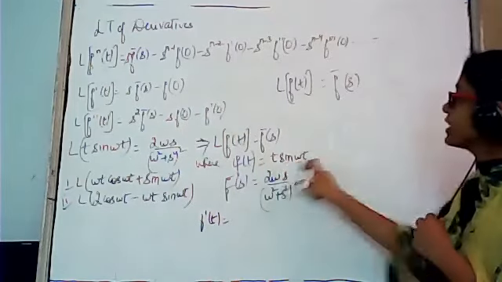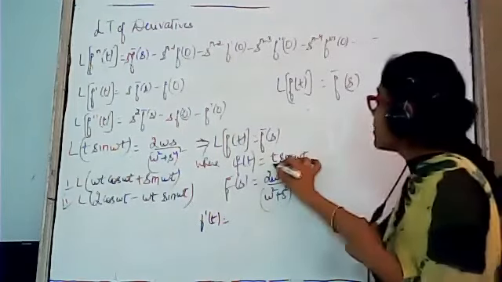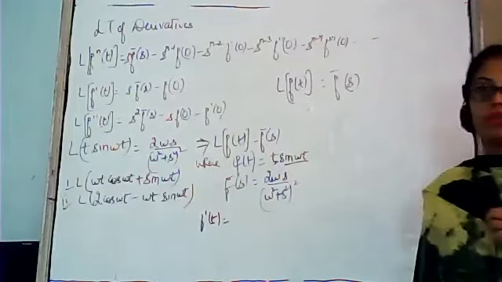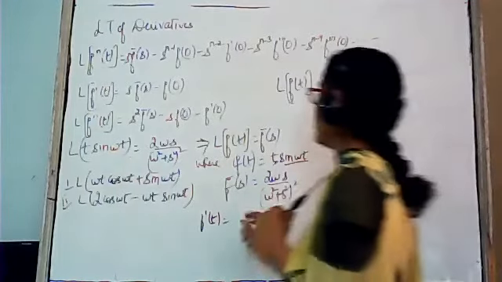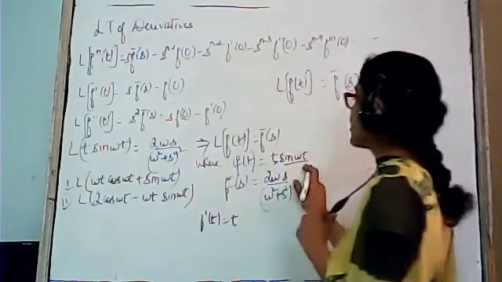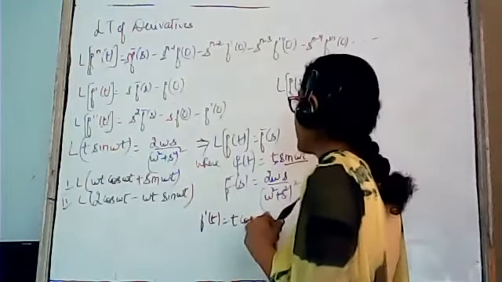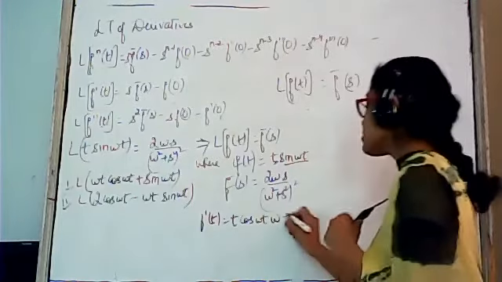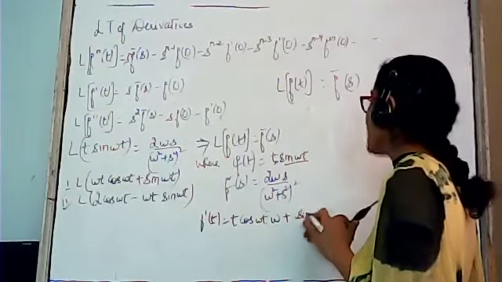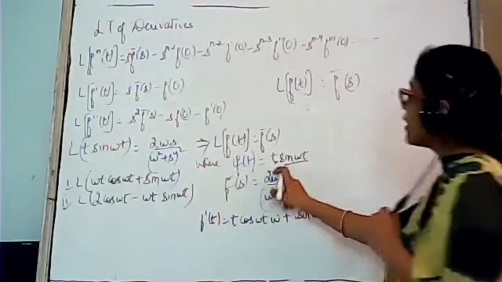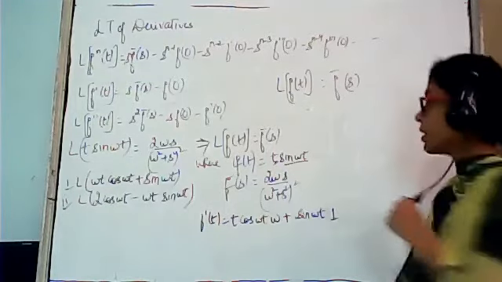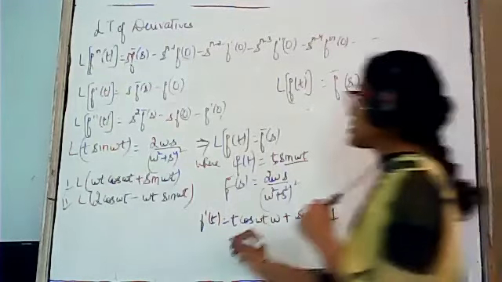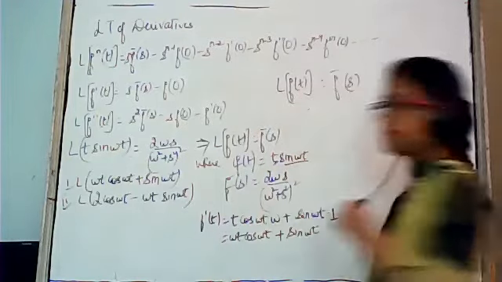We want to differentiate this function. This is first term, this is second term. U into V का rule. Apply U into V rule. First term as it is, differentiation of second term. Sin omega t की differentiation, this is cos omega t into omega. Plus, now second term will remain as it is, this is sin omega t, and differentiation of first term will be 1. So this is equals to omega t cos omega t plus sin omega t.